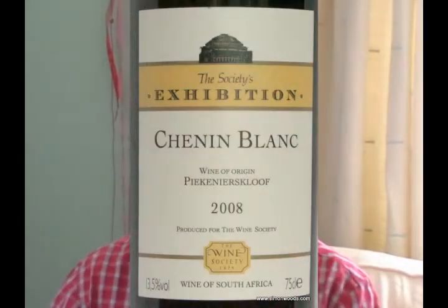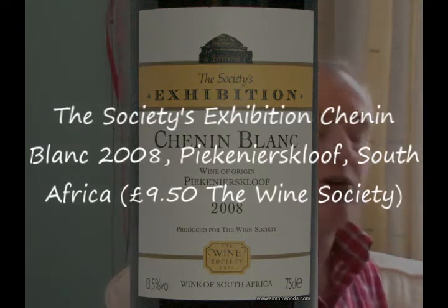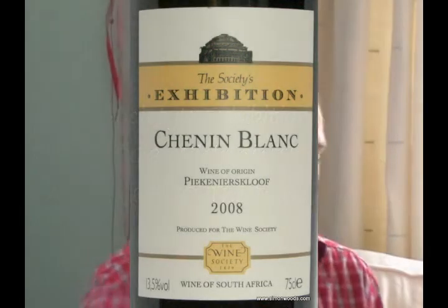Very tasty. I'm enjoying these. Hopefully I'll enjoy the next one. It's the Wine Society's bottling of Tierhoek Chenin Blanc. Now, Tierhoek is an estate in the Western Cape in South Africa. Nearest places are things like Cederberg, Citrusdal,